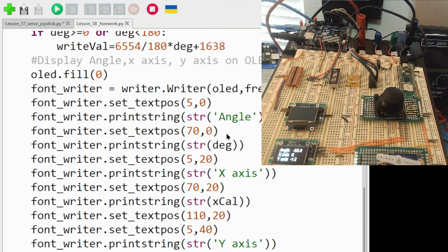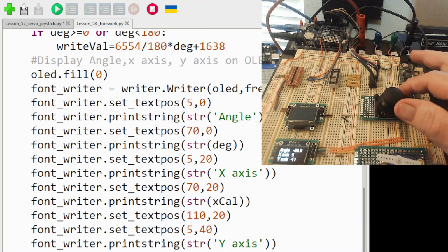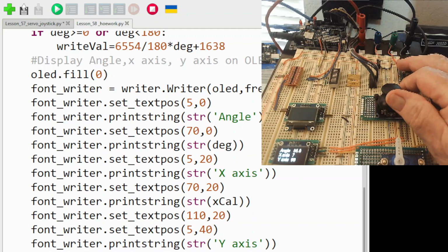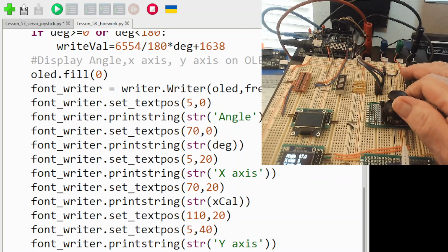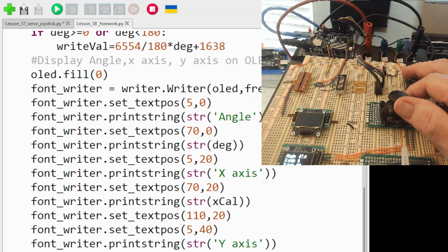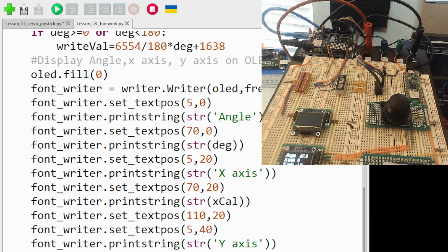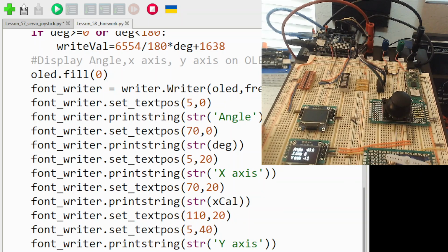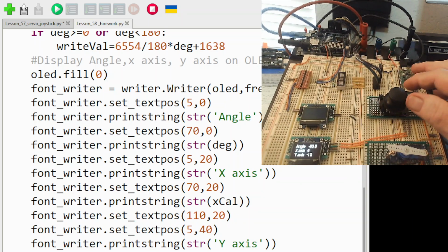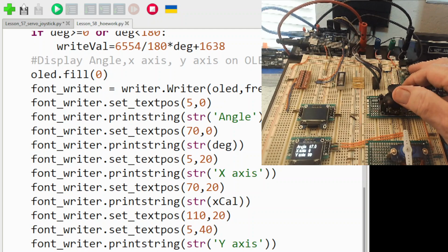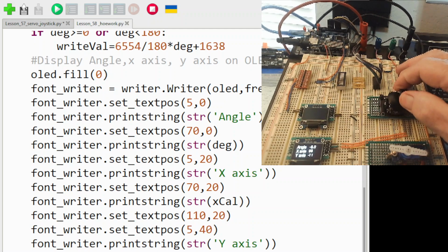Now when we go back here, you can see, now watch, I'll take the thing and put it on 90 degrees. You can see the servo went to 90, and if I go back to 0, it goes to 0, and we're not exactly seeing that, are we? There we go. How about that? 90, 0,